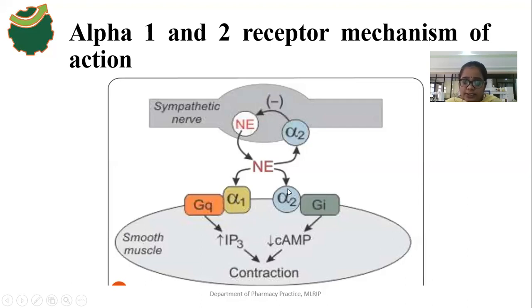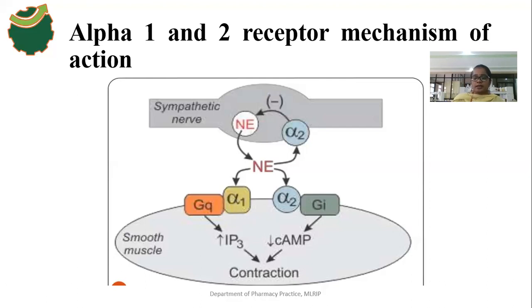Okay, and alpha 2 receptors are Gi coupled receptors, and in this the production of secondary messengers decreases, and the effect is a contraction effect on smooth muscles. If the cyclic AMP levels are very high in cardiac muscles, what does it show? It shows the excitatory effect. If the cyclic AMP levels decrease in smooth muscles, there is a contraction effect in smooth muscles. If the levels are very high in cardiac muscles, it means contraction effect. If the levels of cyclic AMP are low in smooth muscles, it shows a contraction effect.